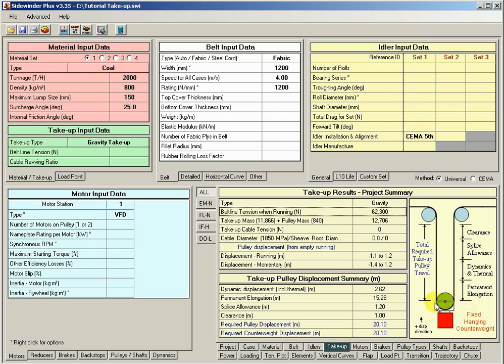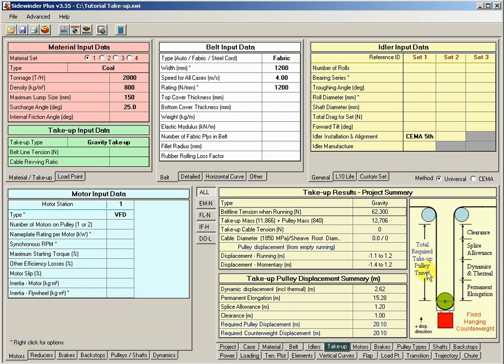So the take-up tension is always specified as the belt line tension, and when you're working in Sidewinder, you're always working with belt tension, so it makes much more sense to specify that as a belt line tension, and then there's also no confusion as to what all the rest of the forces are,